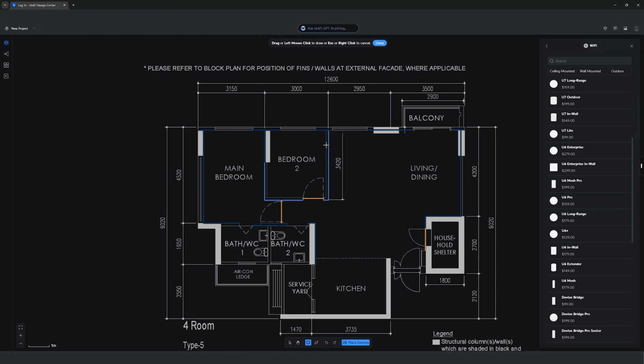Similarly, having multiple devices spreading high signals might be counterintuitive. This is slightly more complicated, but if any of you are interested, there is a lot of information and discussion on online forums. Anyway, going back to the mesh setup, it will typically require the routers to be placed in an open area for better signal coverage, which will take up space on your TV console and desk, while also requiring it to be powered via a power point, which can be messy if you are going for the clean, minimalist